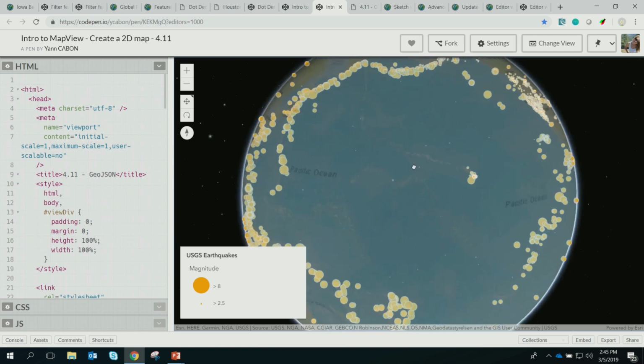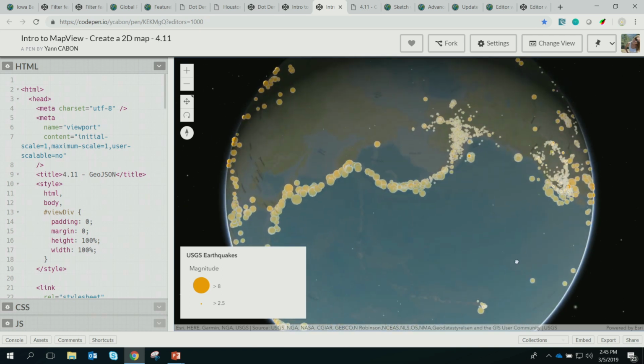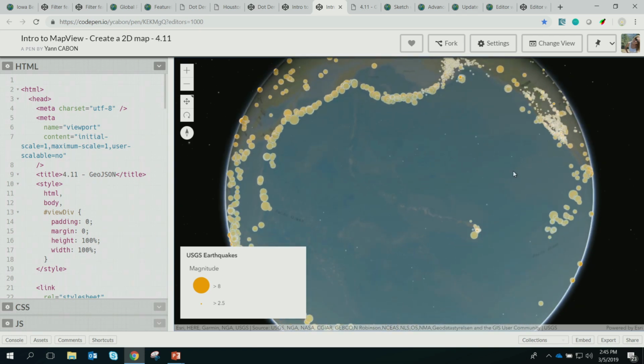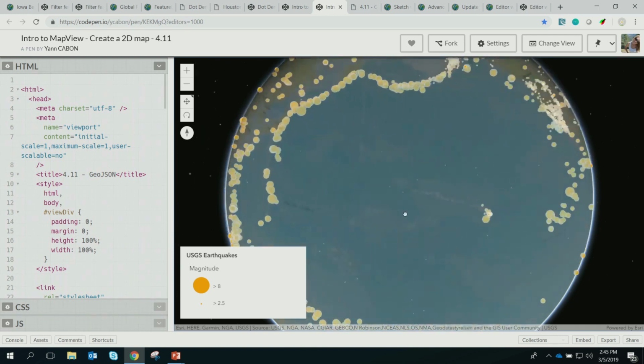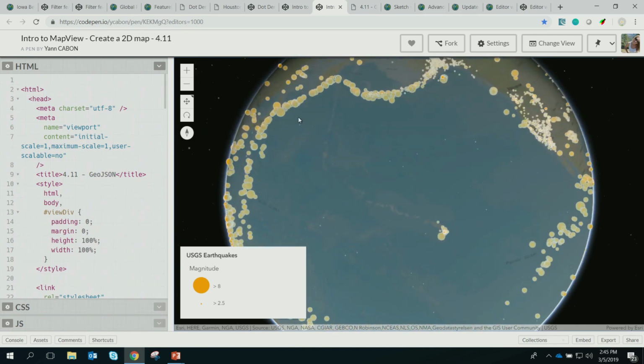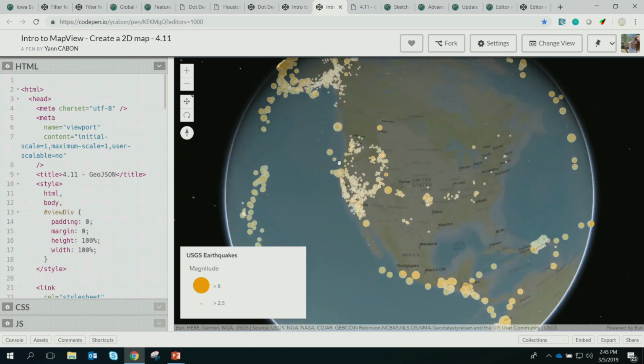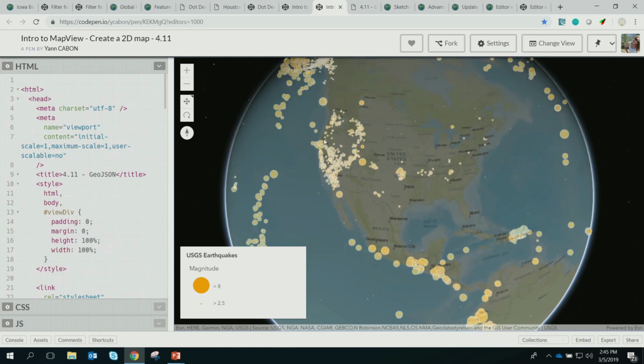We added the ability to set a transparency on the base map. So basically, if you want to look underneath, you can see, in this case, it's actually using a visual variable to show depth of these earthquakes as well, to be able to visualize it underground. So it's kind of cool that you can now work with GeoJSON and really just treat it like any other